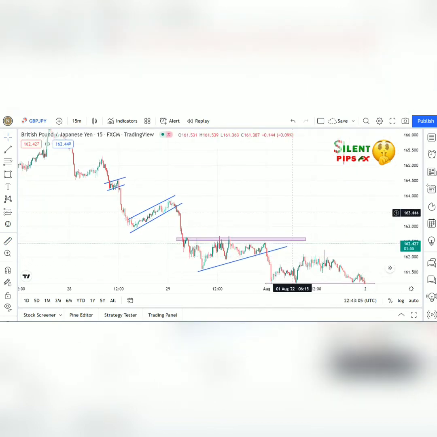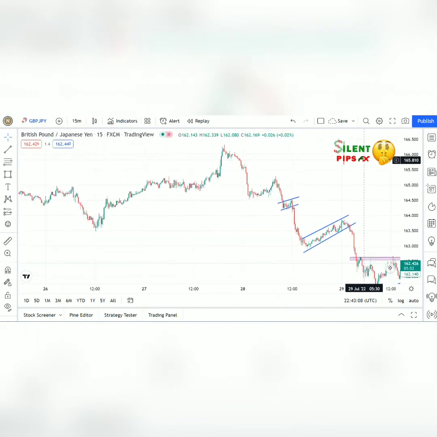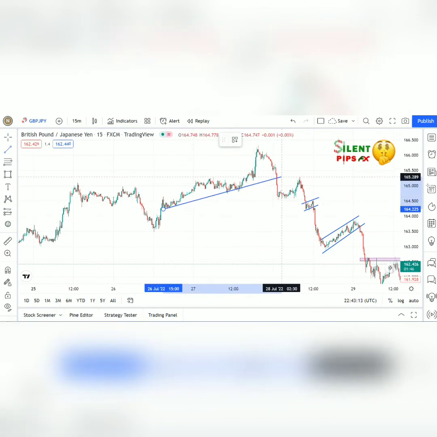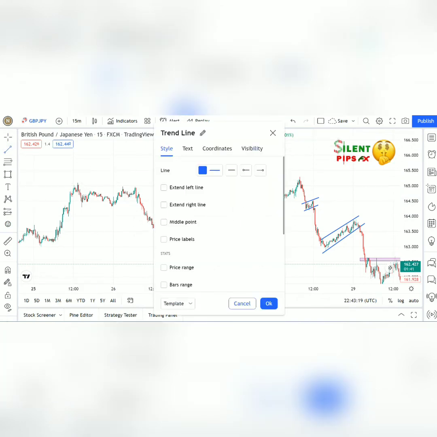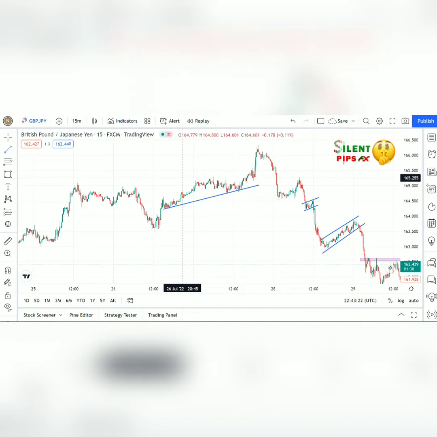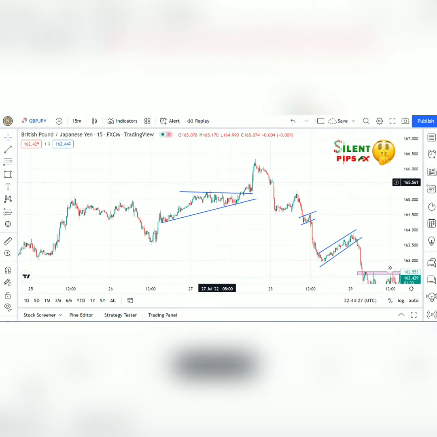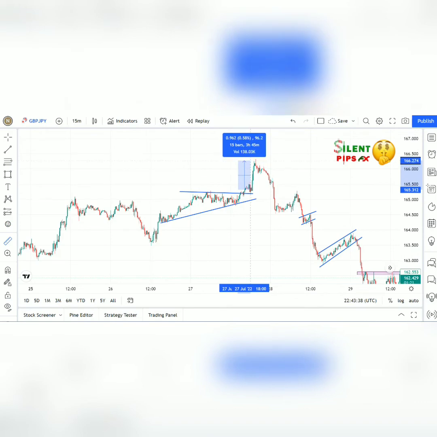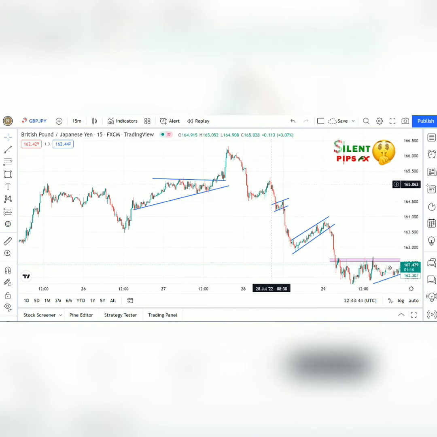Let me look from here. If you're just able to spot the breaks of these contractions, you see there was one which started right from down here. Price was just contracting up onto this level here, contracted again, contracted just like this, and finally broke to the upside, and it gave us, let's calculate the number of pips there. Okay, this was over 80 or 90 pips, 90 pips there, and price contracted here and broke to the downside,